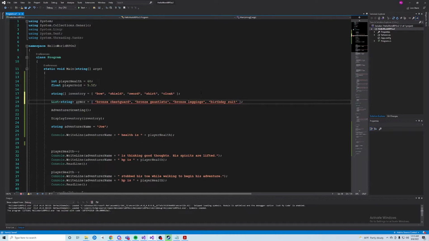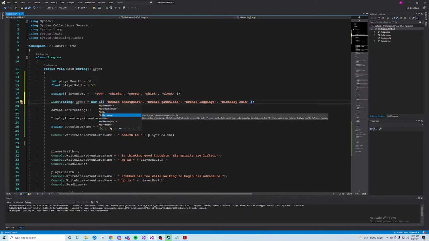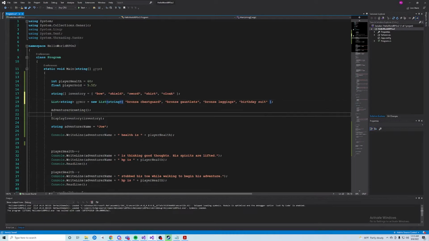And then we have to put the semicolon at the end here. Oh, yeah, you can see that I'm getting an error, right? And that's because I'm not following the syntax, which would be new, and I need to put a list of strings there. So I'll use the new keyword and then list of strings and then list out the strings there. Okay, so we've created